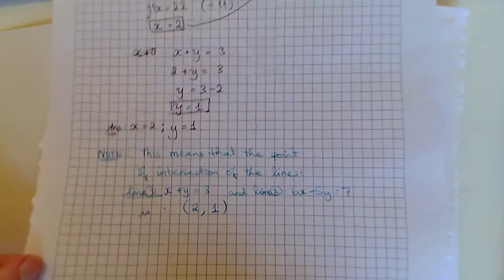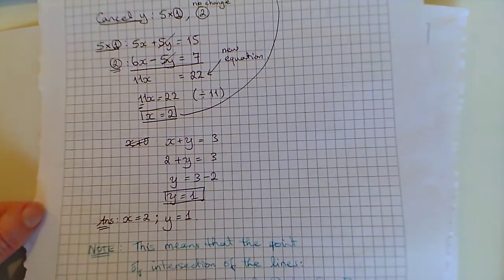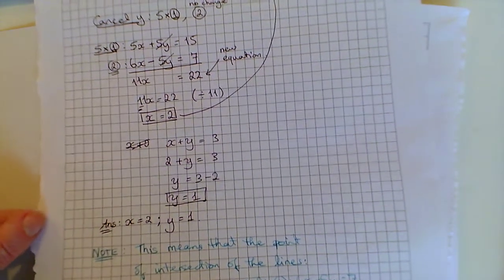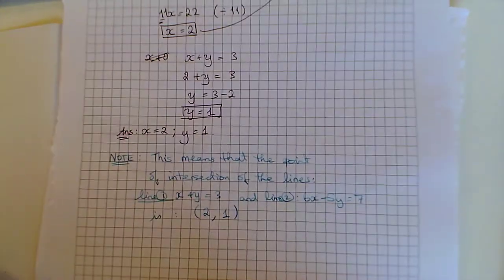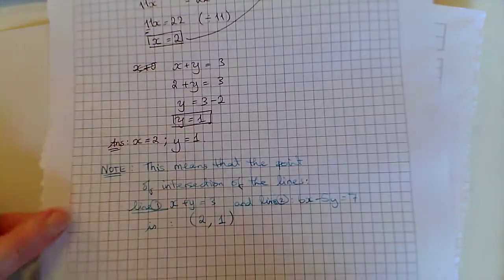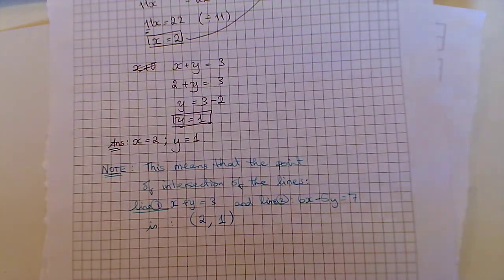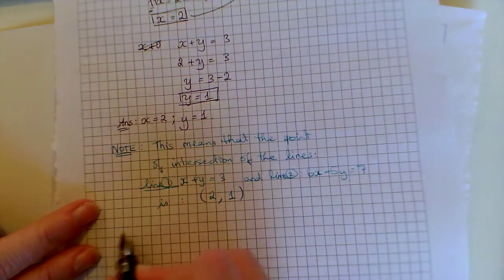Tomorrow we're going to do a few more examples as they get more difficult, and we might do one or not both of these things. We'll learn how to plot the graphs of those lines and check that we get the same point of intersection. And very quickly before I let you go, because there's a lot of practice for you to do today, I want to show that if I had cancelled